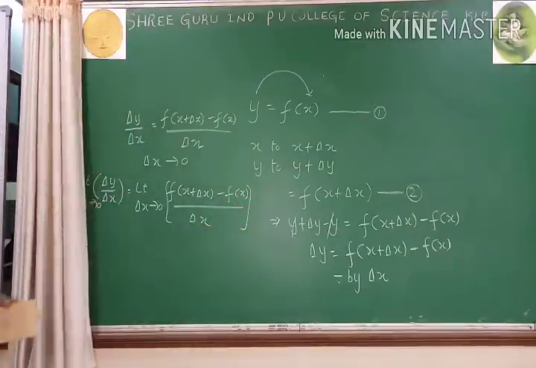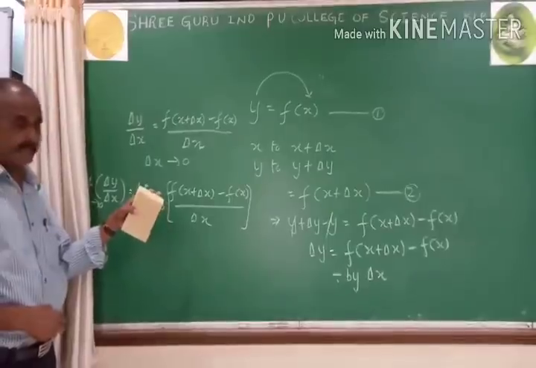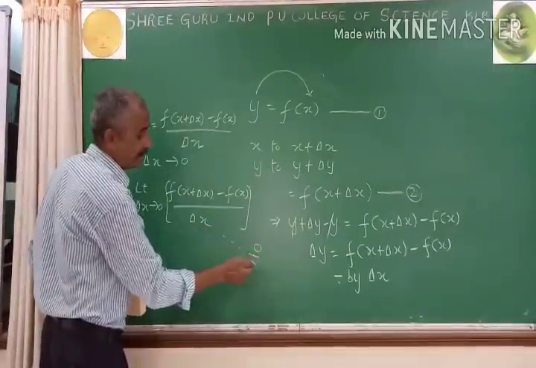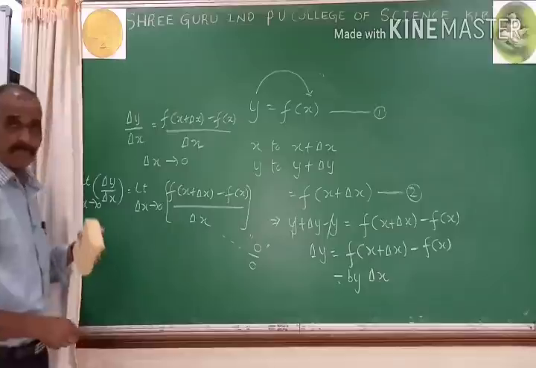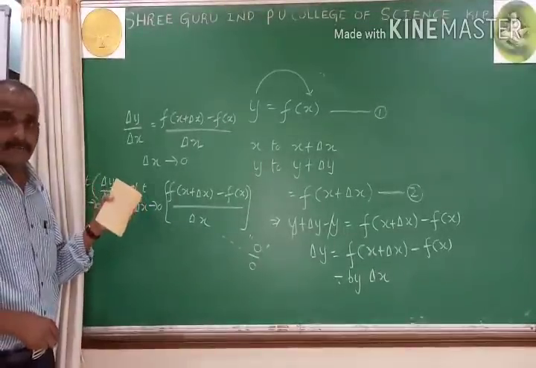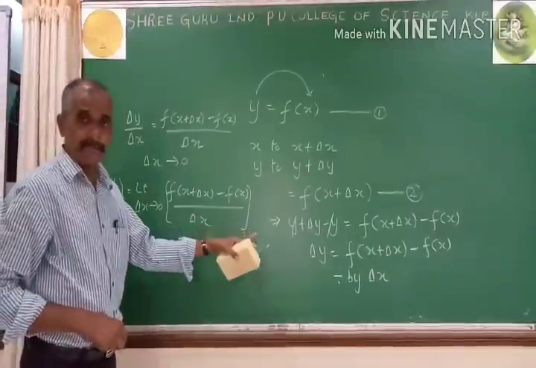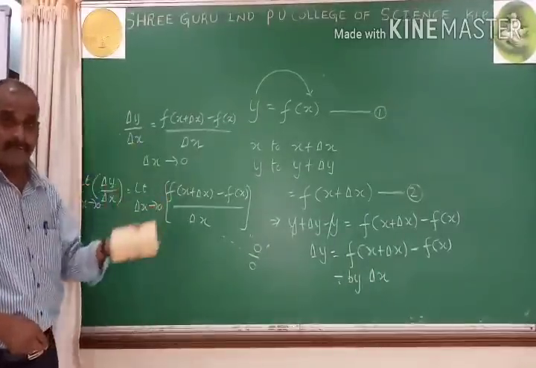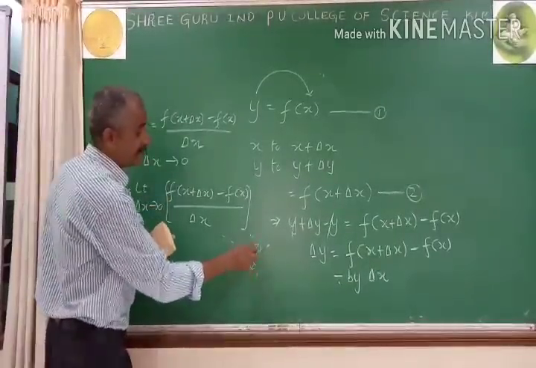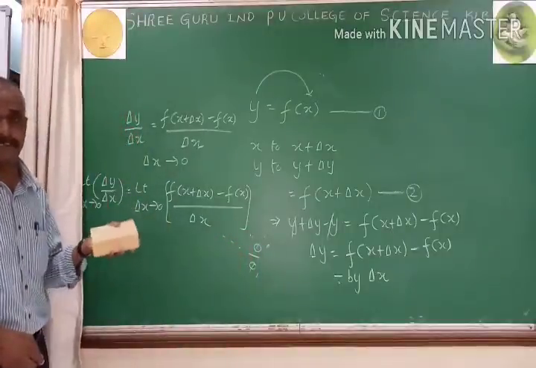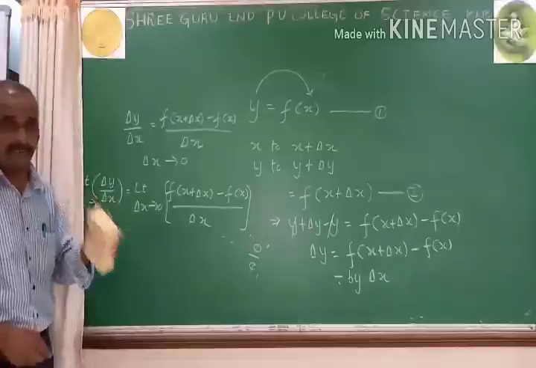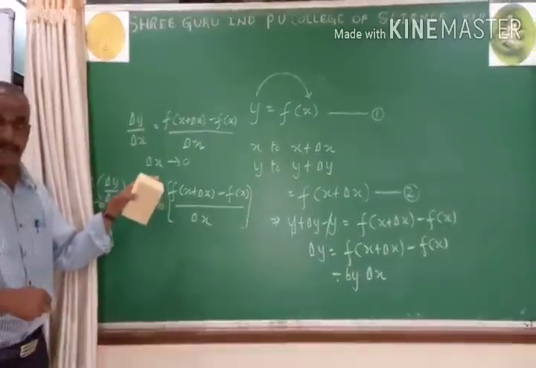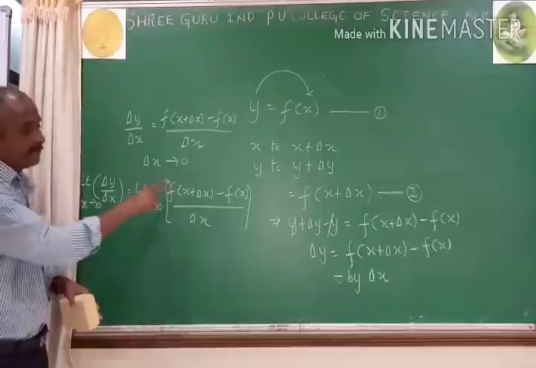When you recall the PUC first year concepts, many times we met such limits, and they always have the form 0 by 0, which is called an unpredictable form or indeterminate form. It means it is no doubt a mathematical expression, but its value cannot be determined. We can't say how much its value actually is. We can't think that 0 by 0 is 1, that is meaningless. So such a quantity is called an indeterminate form, meaning we can't predict what value it is going to take.